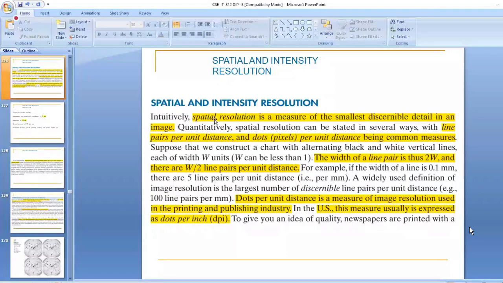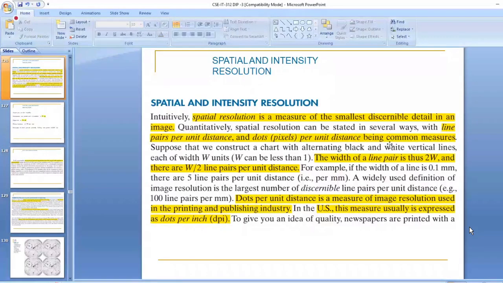It is related to, just first try to remember, x coordinate and y coordinate मिलकर जो प्लान बनाते हैं वो अपन उसको स्पेशल कोऑर्डिनेट x और y की हेल्प से, तो उसको हम प्लान को स्पेशल प्लान बोलते हैं. तो उसी स्पेशल प्लान में हम कुछ चीजें देखेंगे, कुछ रिजोल्यूशन का इफेक्ट देखेंगे, तो उसी को हम बोलेंगे स्पेशल रिजोल्यूशन. सो एक्चुअली ये क्या मेजर करता है? सो इट इज अ मेजर ऑफ द स्मॉलेस्ट डिसर्निबल डिटेल इन एन इमेज.